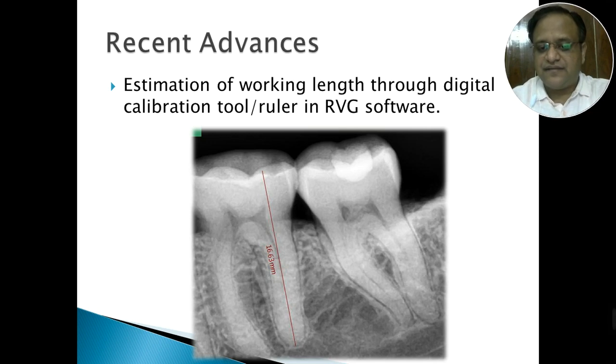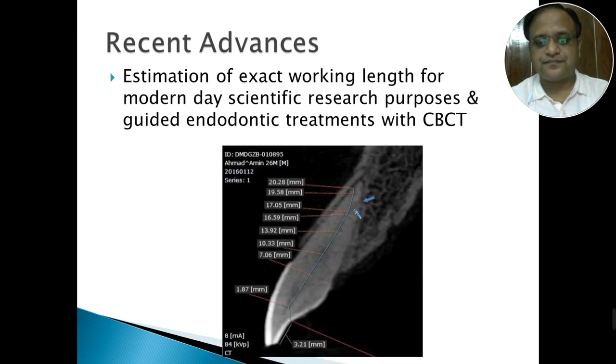But when a digital radiograph or radiovisuograph is taken, the softwares are calibrated in such a way that even if there is elongation of the length or there is shortening of the radiograph, these calibrations or these endodontic scales give you the same reading. They give you the estimated working length in a similar way. So this will be helpful on a daily basis.